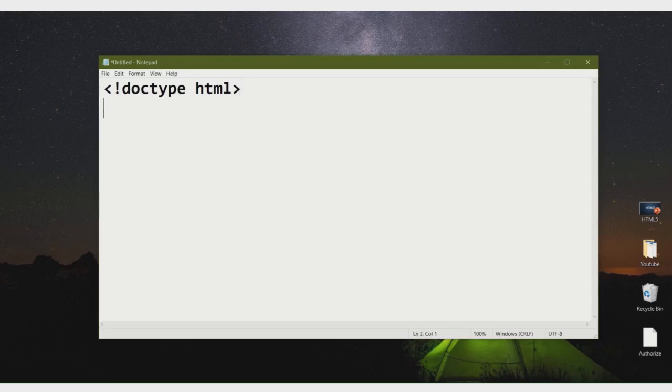Okay, and then as it is HTML, then head, then meta charset equals to UTF-8.